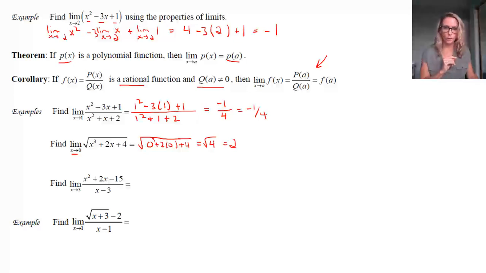But I have a feeling that you realize that something else is coming. So taking a look at the next example as x approaches 3, I'm going to do this over here because I know what the answer is. If we were to plug it in, notice in the numerator we get 9 plus 6 minus 15. In the denominator, we get 3 minus 3.